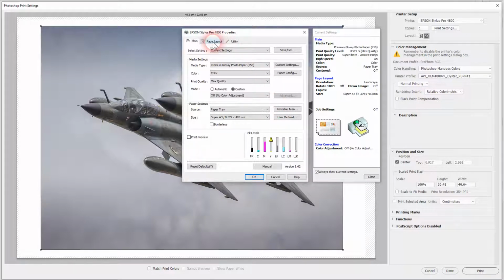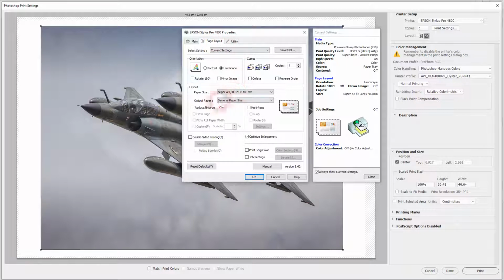First of all, I'm just going to go to page layout, and again I'm looking for reduce and enlarge. I don't want any resizing of the image. We can change the paper size. The paper size needs to be sufficient to encompass the size of the image, and you can see at the moment I've got Super A3 size selected, and it does fit our print nicely. And we can change the orientation in there as well. But those are the main things I want to set in there. Then we go back to the main